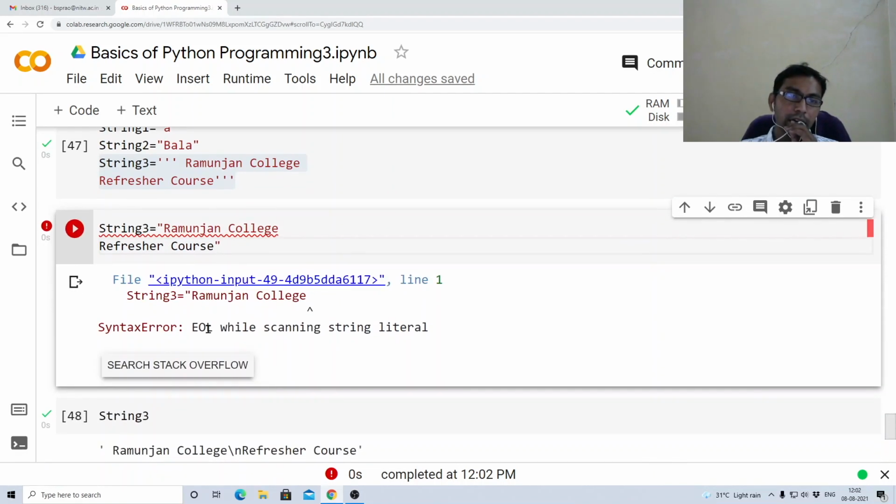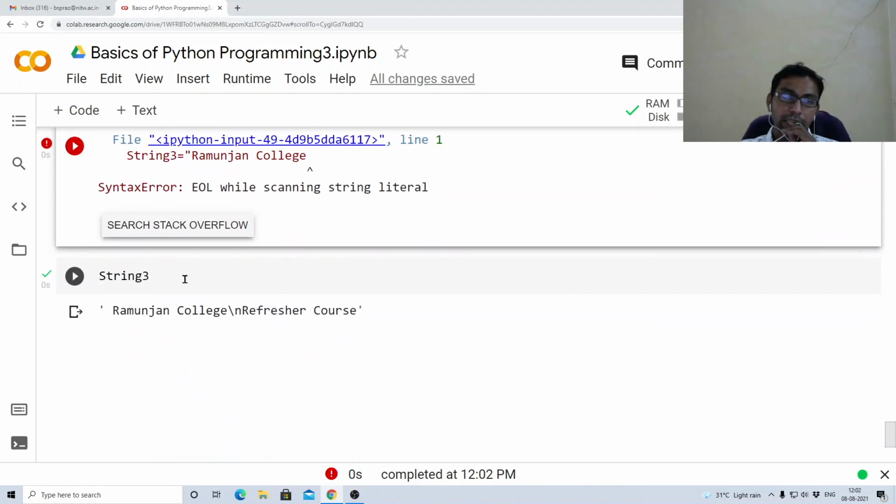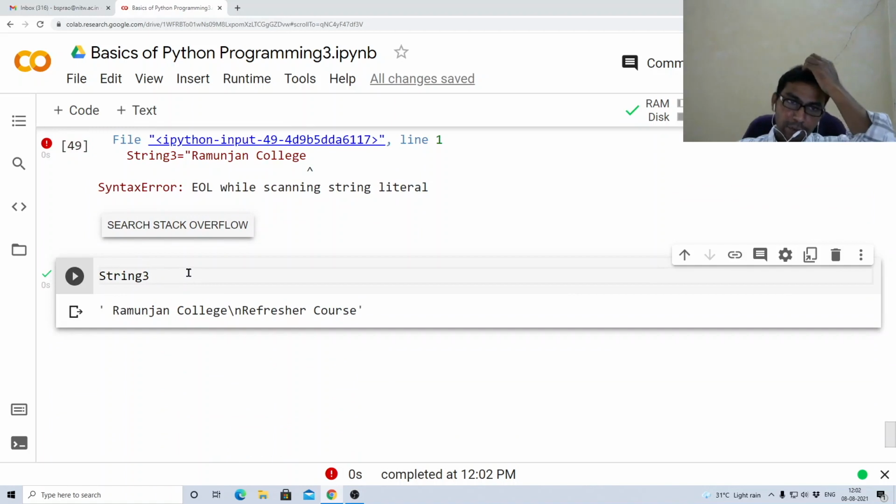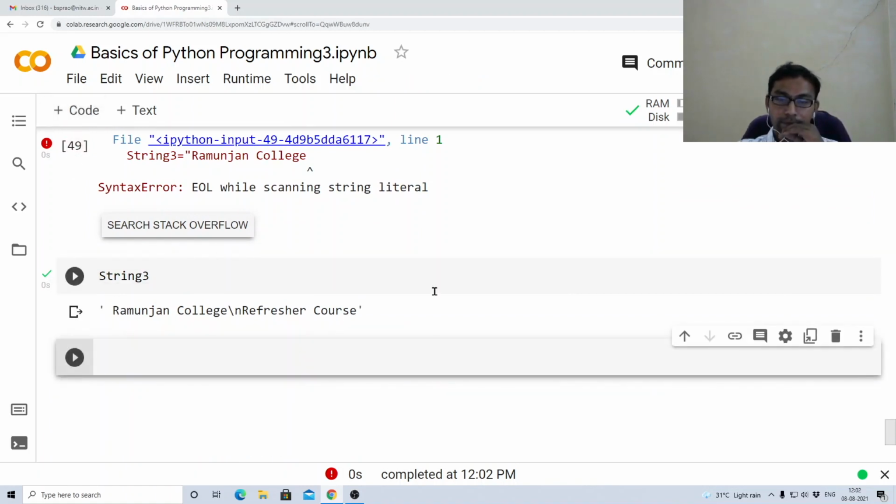It will return an error saying that it is expecting an end of this particular literal at the end of the line, but it was not found, so the error is here in this line. See, end of the line while scanning string literal. This is one of the string literal. Single quote, double quote, and triple quotes. These are string literals. So when you are writing something that spans across multiple lines like paragraph, use triple quotes,